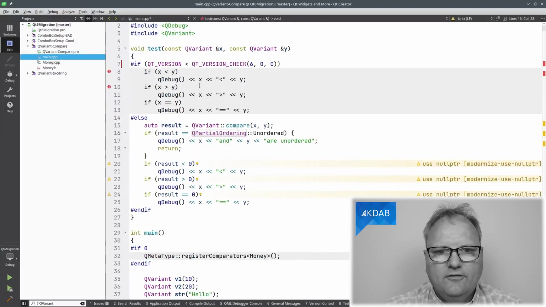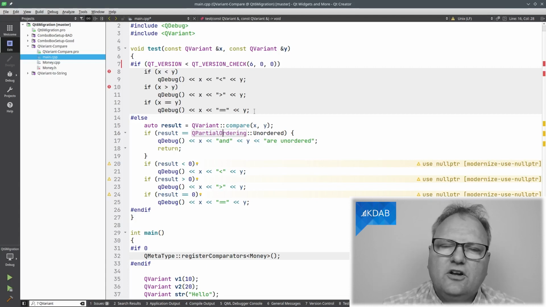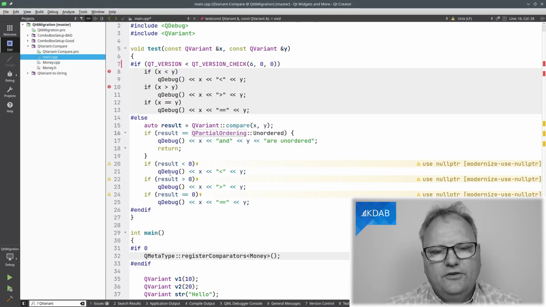And now if it's Qt 5, then I simply say if x equal to y, then print out, if x greater than y, and so on. It doesn't have the concept of unordered. For the Qt 6 version, I do the same thing here, but after calling compare, and I also compare to whether they are unordered.